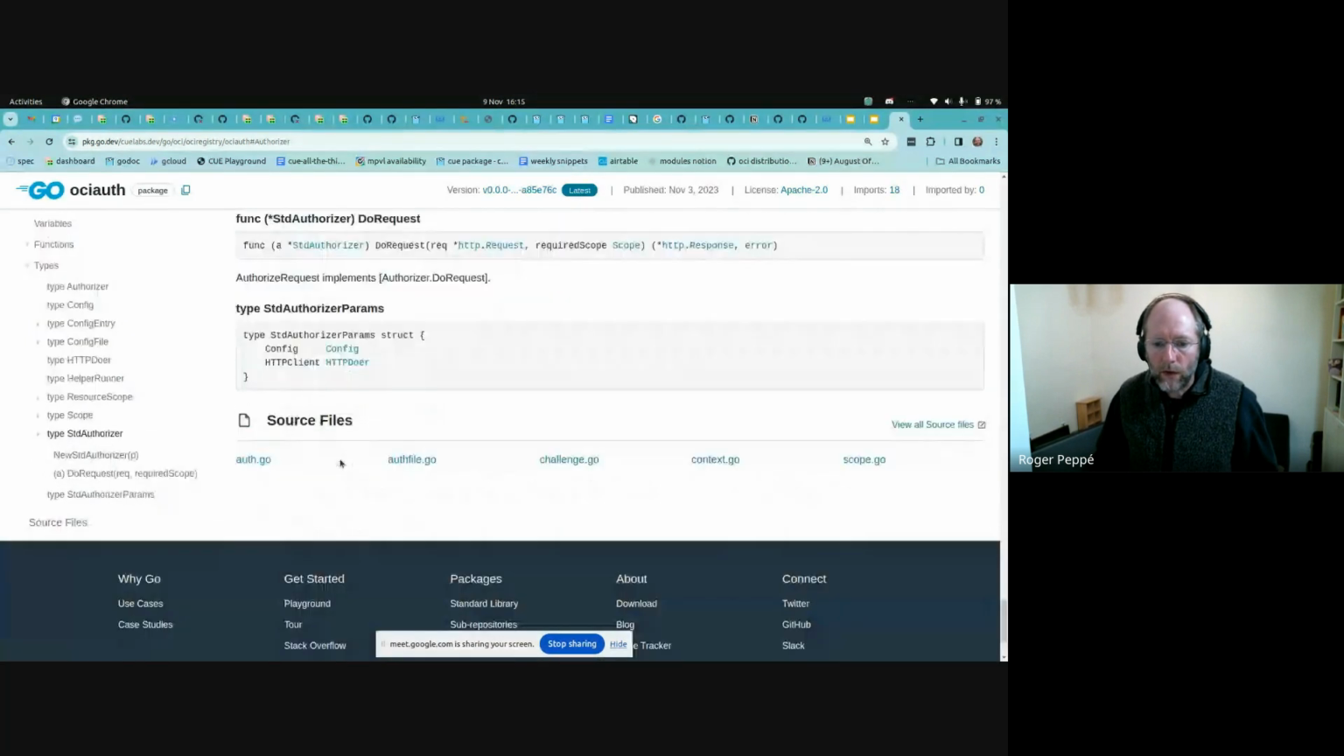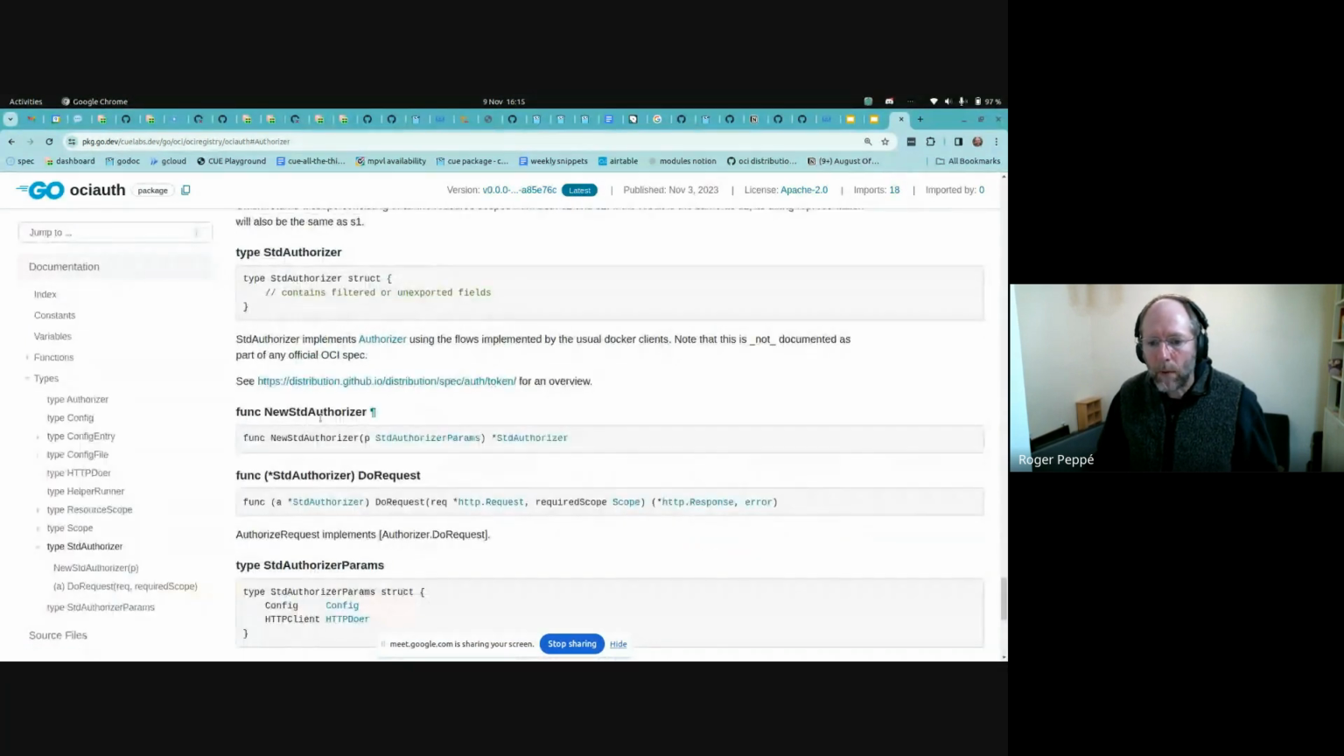The standard authorizer implements the authorization dances that are documented by Docker and done by the standard tools. So that means I can use my existing configuration that I put in docker/config.json, whereas before I could use an existing tool like Skopeo or Crane to copy